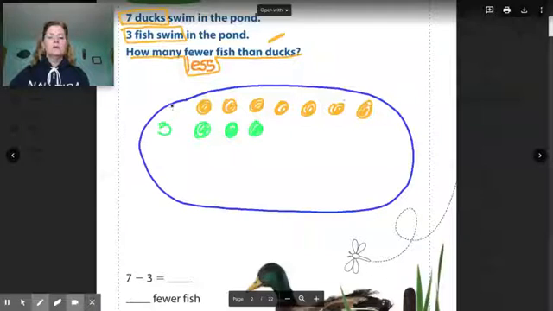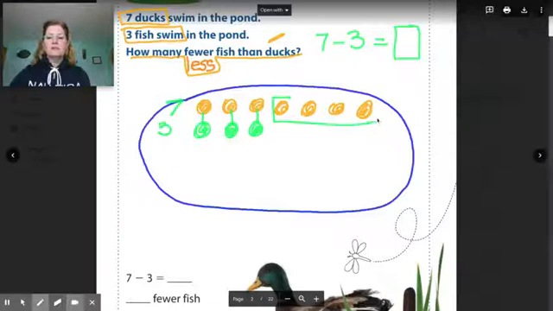Here's my ducks. I have 7, and we already said it was going to be subtracting because we're trying to find out how many fewer. So our number sentence is 7 take away 3 equals blank. So if you remember, some of you might remember, we pair up the ones that we draw. But then here are my ducks that don't have any partners. These are the number of ducks that we have more than fish, or the other way you can look at it is there are